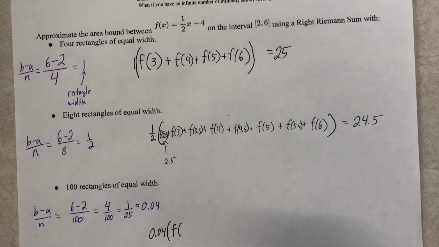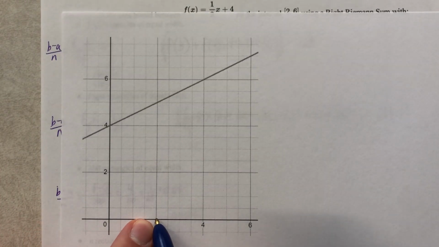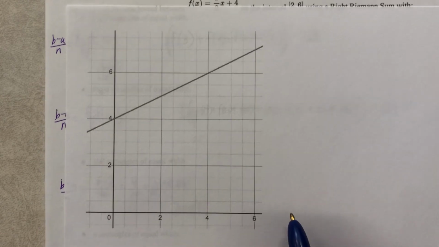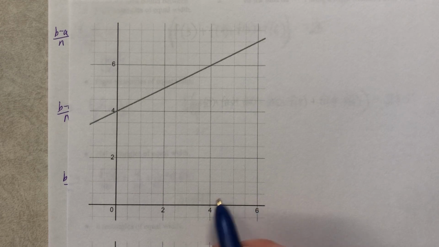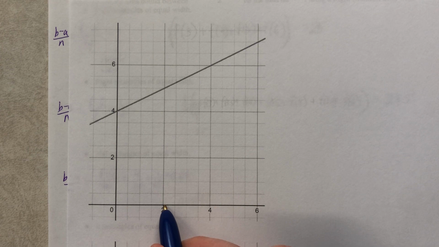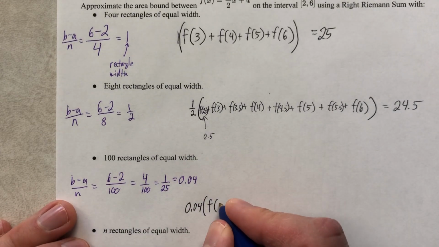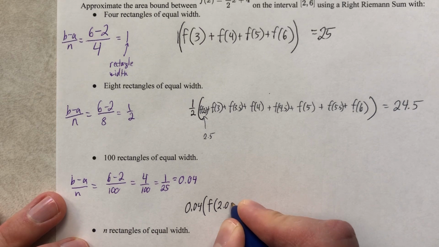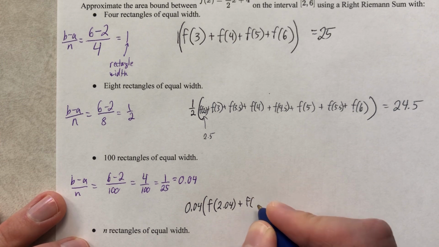If I could find my other graph, I'd show you. I'm throwing ink pens everywhere. All right, 2, and then 1/100th over. Because if I drew all 100, not going to do it, I'd have 6, and then 6 minus 1/25, minus 1/25, minus 1/25, and I would do that. It'd be 100 of them, and I would end with my last one being right up on that 2, 1/25th away, 0.04 away. So it's 2 and then 1/25th, which is 2.04, and then f of, okay,